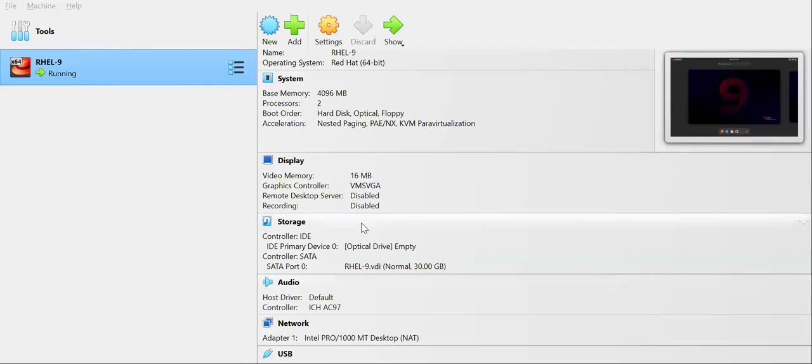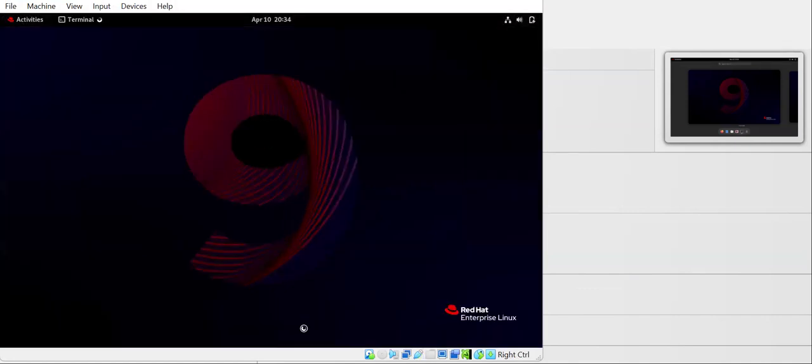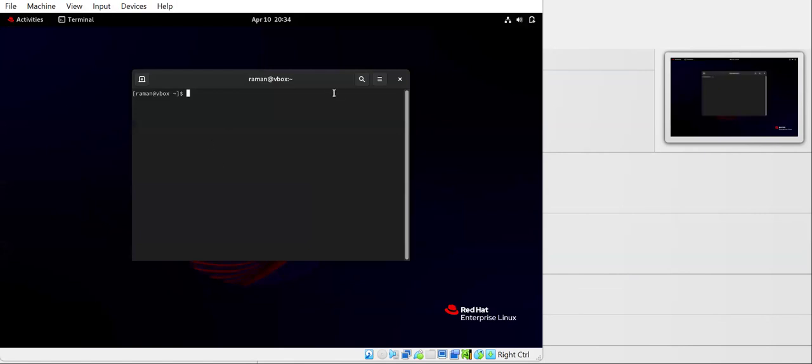In this lecture, we will see how we can connect to Red Hat Linux remotely. Before that, we need to check some properties. So let us see that. If I go to my Red Hat Linux, this is the GUI version, and here you can see there is a terminal. You just click on this,